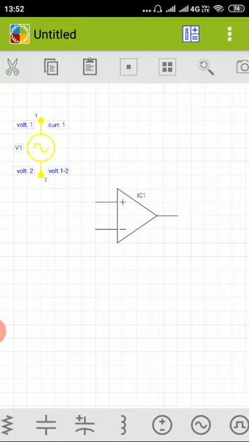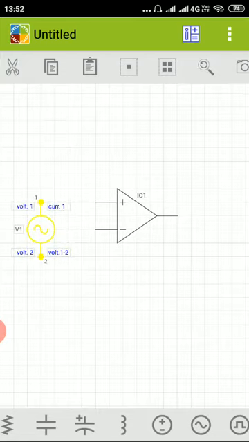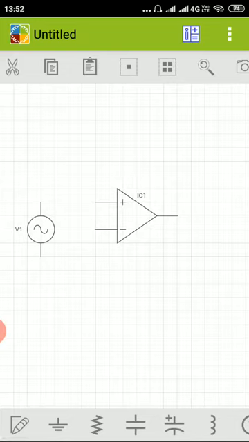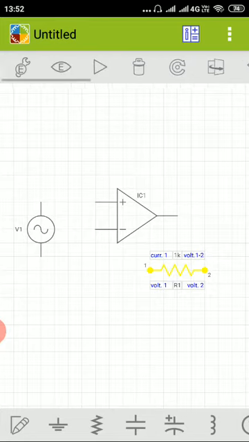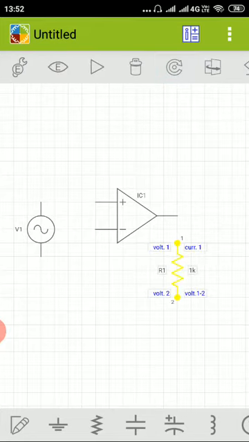So once you click on the AC voltage source, it will get connected with the workplace. And then let us take one resistor and let us rotate it. Okay, so using this we can rotate it.